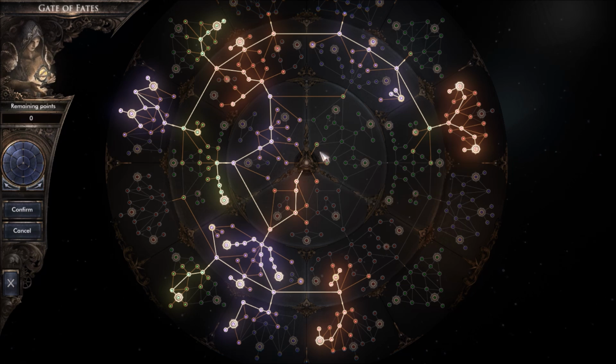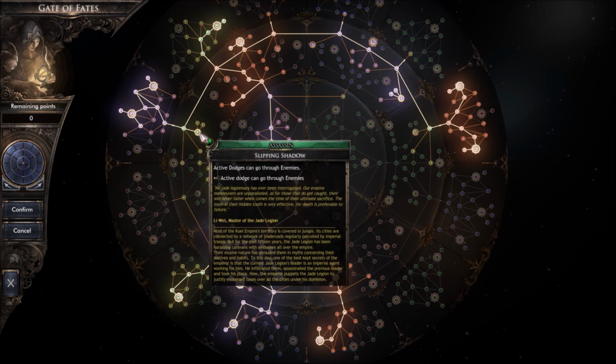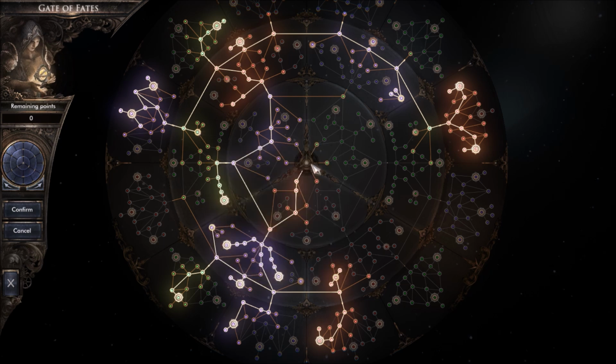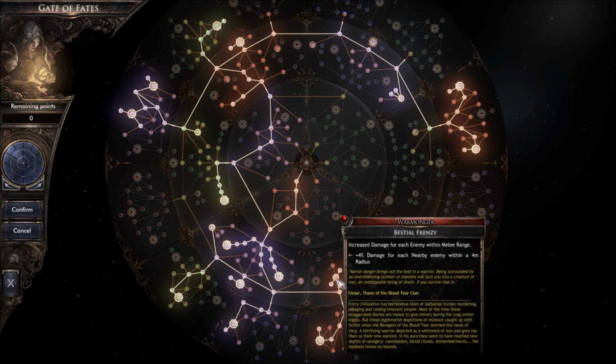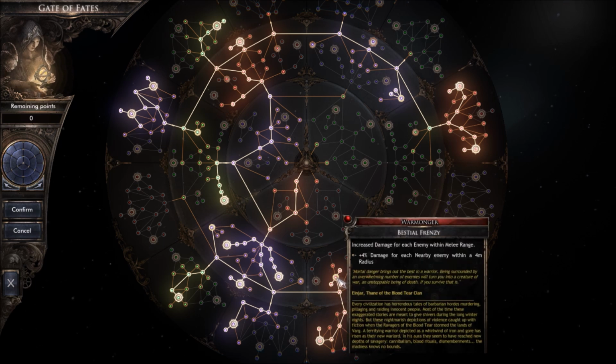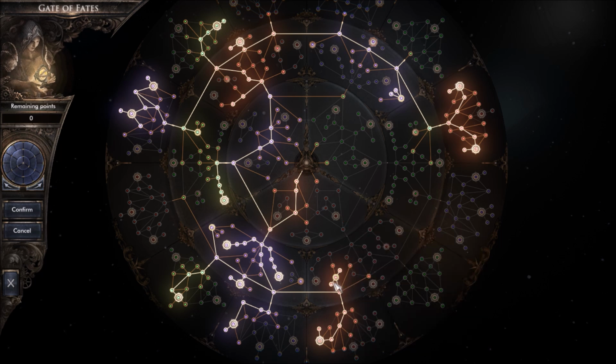Everything ties together right now. Like, the only thing that you would be able to do is, if you didn't want this active dodge to go through the enemies, you could sacrifice this point right here. And then you can also sacrifice, like, the 2 meters or something. So it would only be 4 meters, right? The base is 4 meters. You can sacrifice that down. So if you didn't want the 2 meter radius and go with the base 4,